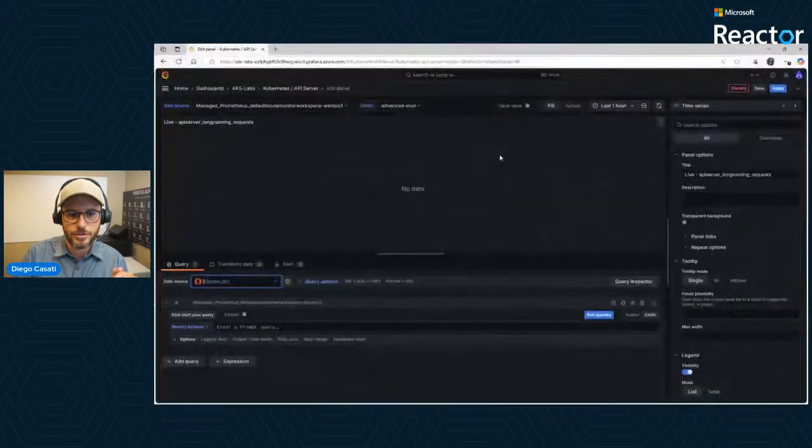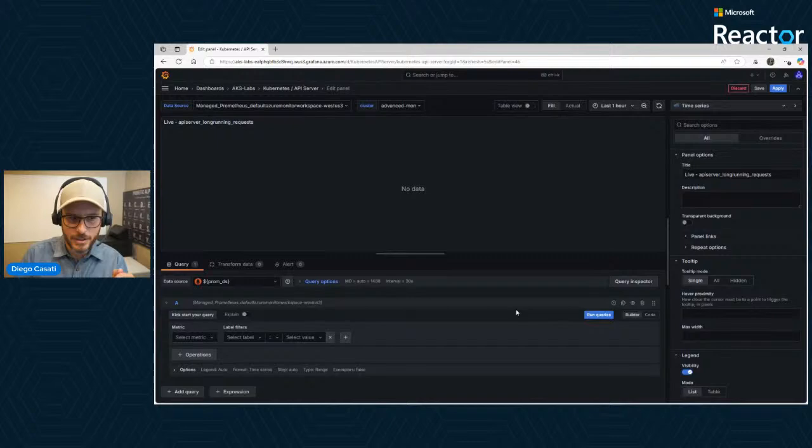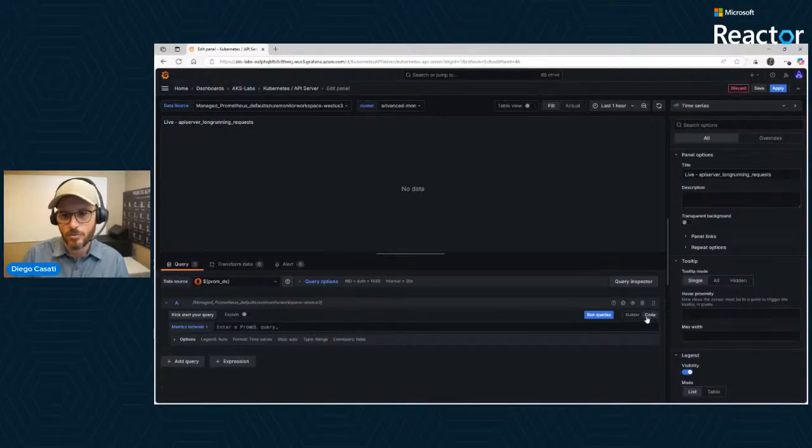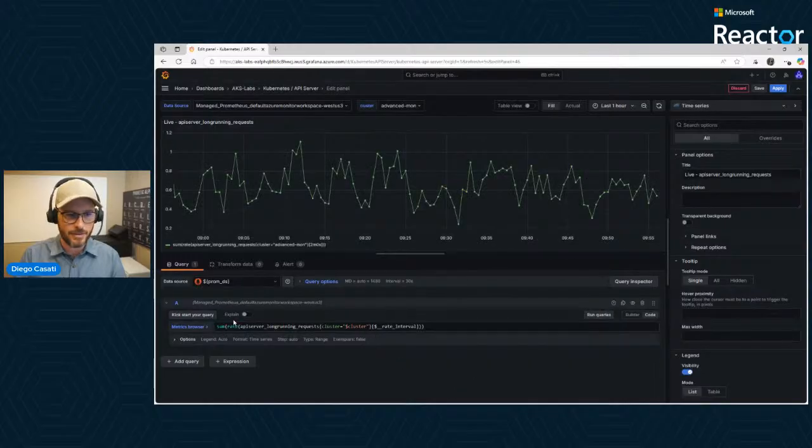So for you to do that, though, if you look into this here, that's not how you would typically go about it. Because I've been using this a lot in this environment, it already saved my preference. You would look at a builder. We don't want a builder, we want code. Go into code, and you can drop that specific query that I have in there, right? Just the rate of that specific metric over time. And you can see that's the new metric, the one we just added.